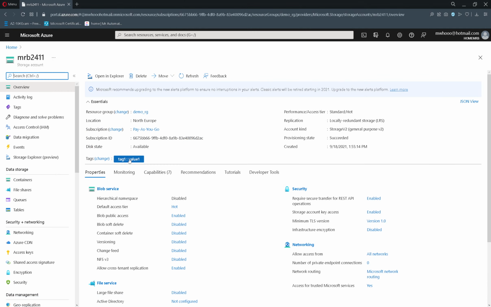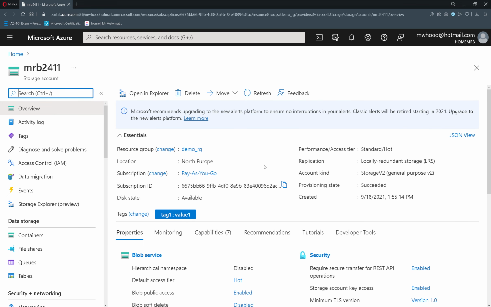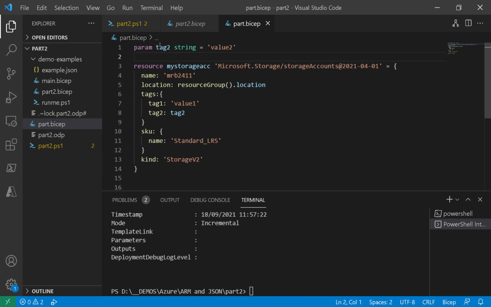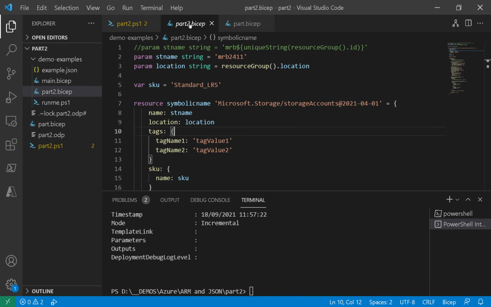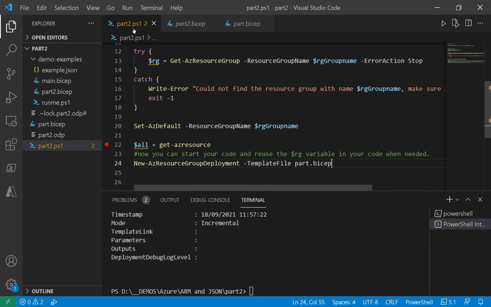We now have one tag here, right? You see that? One tag inside of Azure. Let's size it a little bit up. One tag, value 1, right? On our storage account. We go back to this bicep file. We just added a parameter there, right? Some input with the value 2. And here we specified it by the name we gave it here, right? So we use that value. And I saved it. And I'm going back to this. I will close this old one, by the way. And I will run this